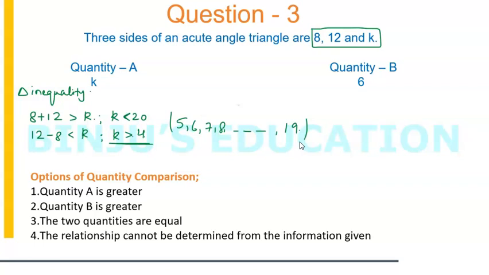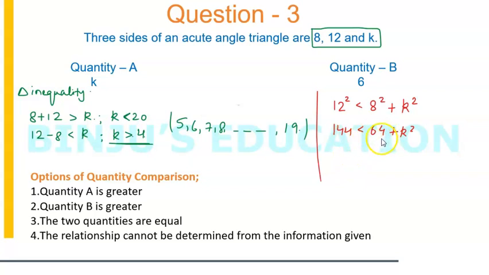Now since it's an acute angle triangle, the property which you need to remember is one we have already discussed when we were doing the basics of triangles. If you do not know the properties of the inequality for an acute angle triangle or for an obtuse angle triangle, then go to the video on basics of triangles, you'll find all those properties there. So for an acute angle triangle, the square of any of the sides is always less than the sum of the squares of the other two sides. This is always true. So 144 should be less than 64 plus k square,